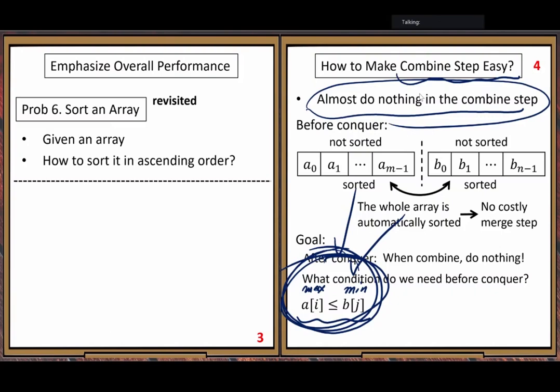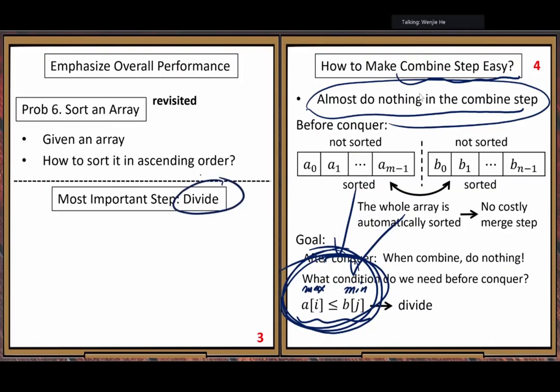So when we move to the divide step, we will solve this problem. That's the most important step in this algorithm, the divide step. The idea used here is very smart, although not too complicated.